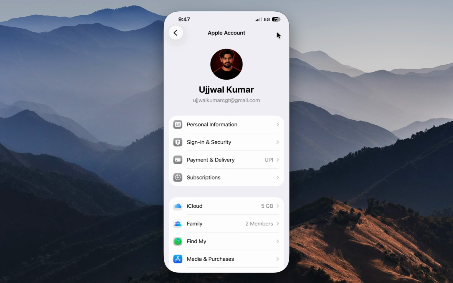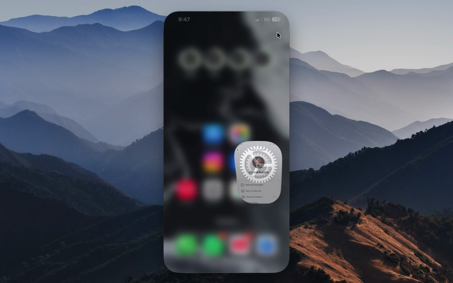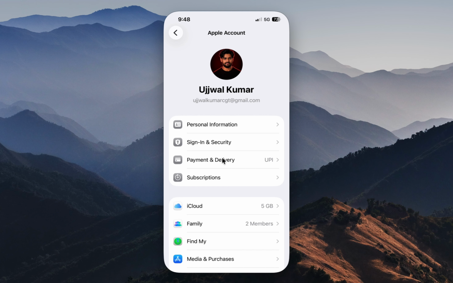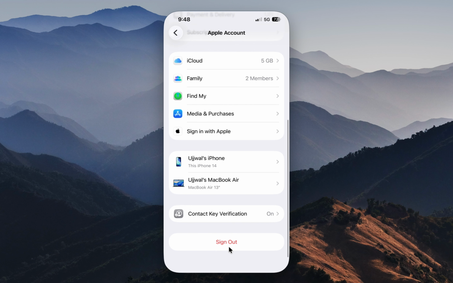But if restarting does not make any difference, then it's worth signing out of your Apple ID and signing back in. And to do that, open Settings and then again go to your Apple account. Here scroll down all the way and click on the sign out button and then follow the on-screen instructions to sign out of your Apple account and then sign back in. After you have signed in again, wait for a few minutes and check whether the new profile picture is finally